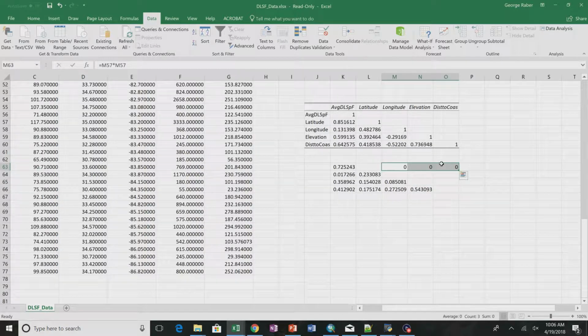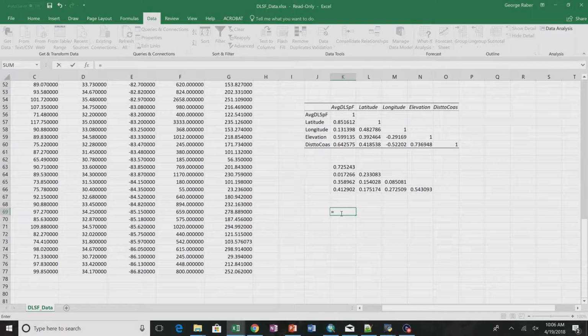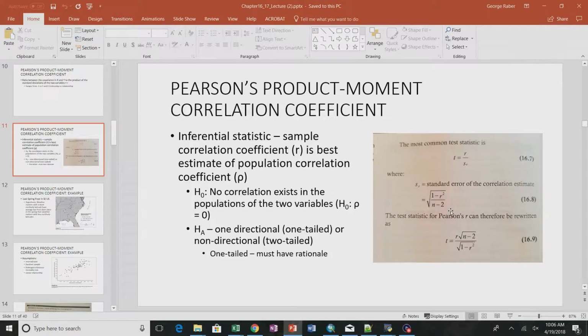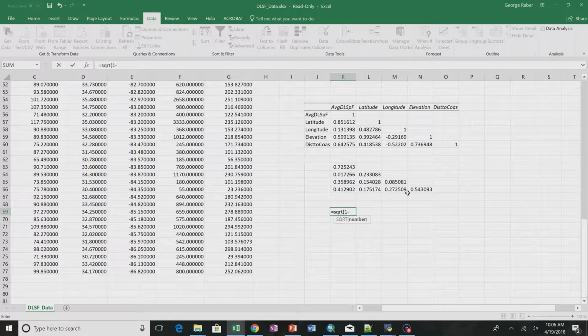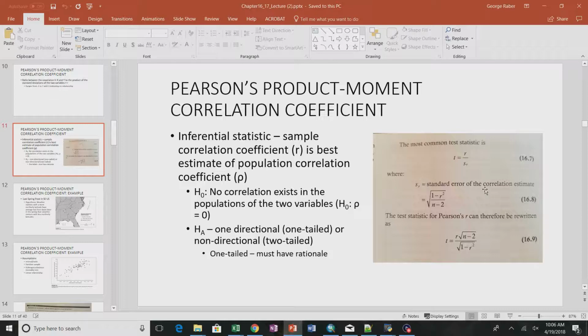These are the R squared values, because we need that in the formula. Then we could just type that into the formula: equals SQRT of 1 minus this, divided by